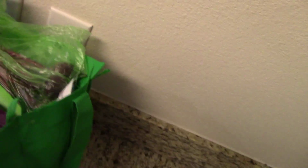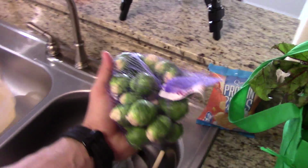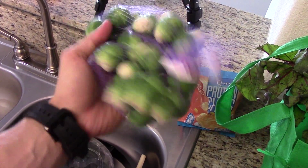Alright guys, I have spinach, baby spinach that I basically live on. I've got some apples that I'm going to use for juicing later. First time I'm ever going to try to cook, maybe not today, these bad boys. I've got some beets, because they're good for aging and for your...